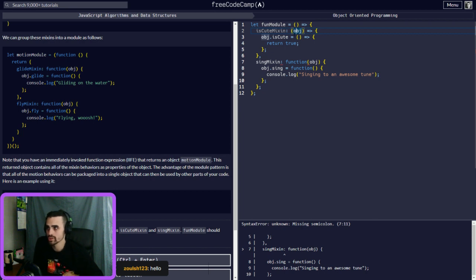It's a function, so that way it takes the object of the cute mixin. Okay, so it's taking this and then accessing using this, so we're going to use this and then use an arrow function. What is this? So it uses this cute mixin, takes that, sing mixin. Okay, so why?